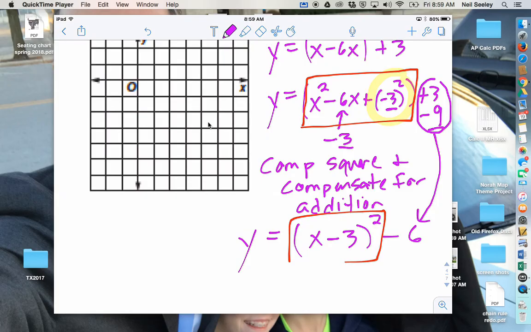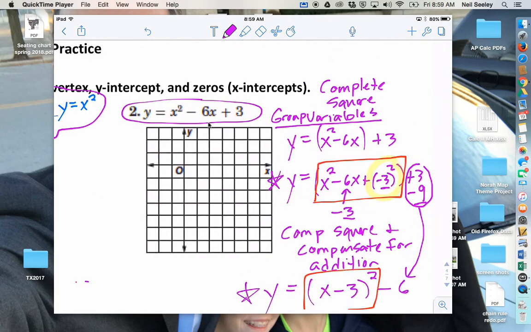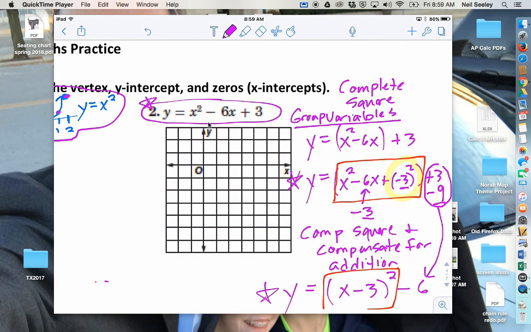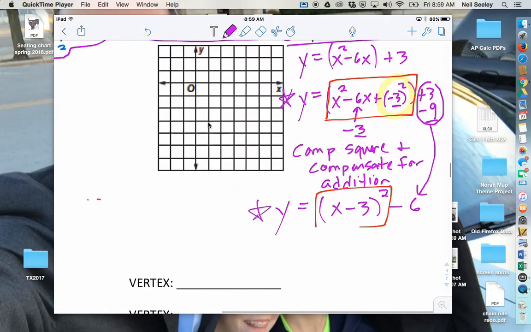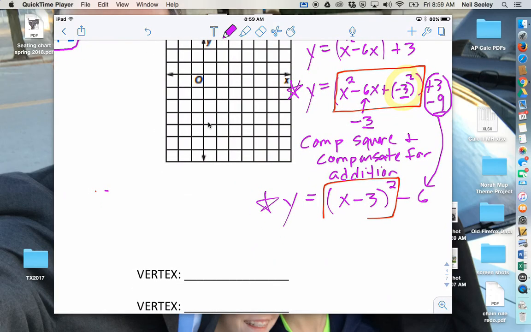I'll help you out. And then 3 take away 9 is negative 6. And that's it. Believe it or not, these 3 expressions, I'll star them, this one, and the very original one, they're all the same thing. They graph the same. They just look different. They have their advantages. So the bottom one, what's so nice about this new completed the square form, is that these two numbers, 3 and